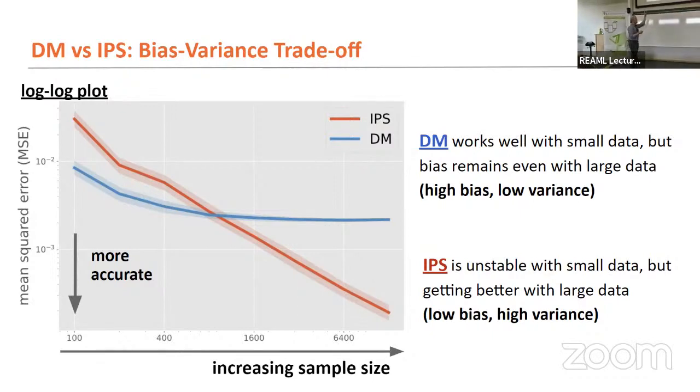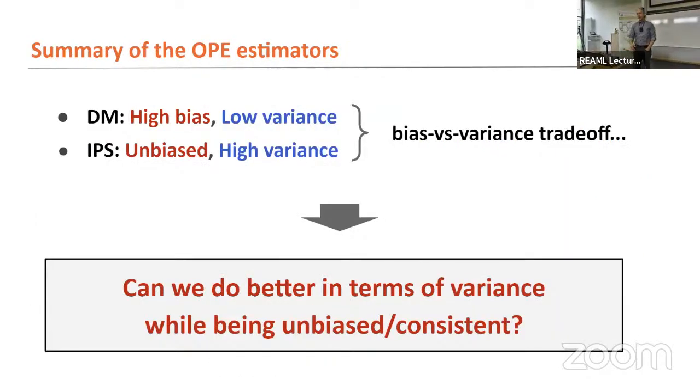The IPS estimator, if you have very little data, you have a high variance. But if you get more and more data, that variance goes down, right? Variance always goes down if you have more data. And eventually that actually converges to zero. So these two estimators have two different properties. One is high bias, low variance, and the other one is zero bias and higher variance. And those are the building blocks of basically everything in this field of estimator design.